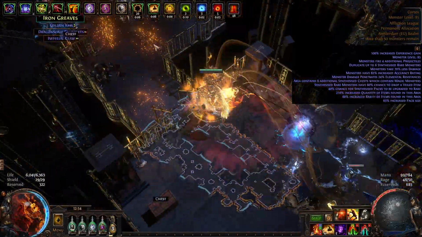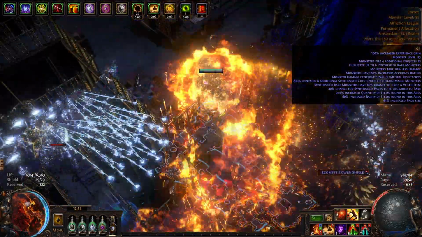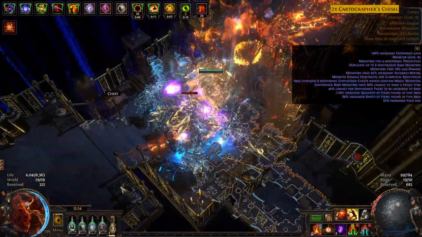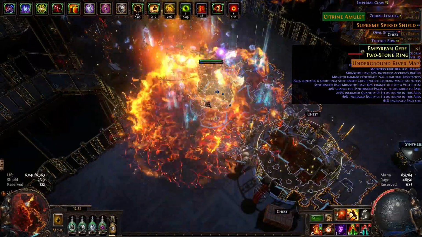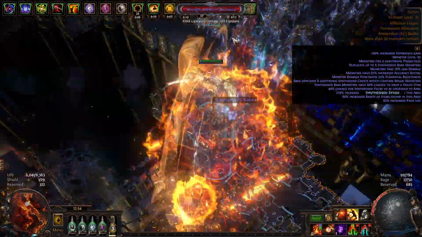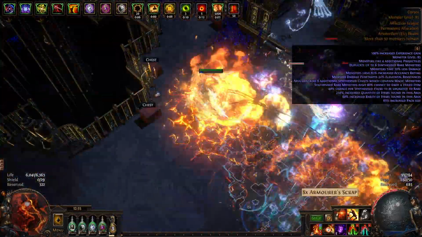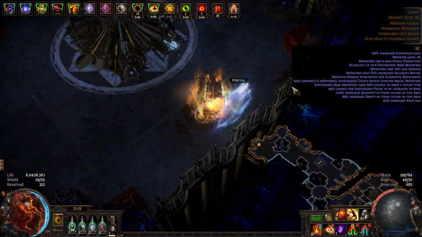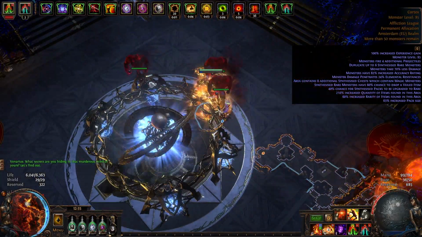I don't know if people usually even clear this map or if they just rush to the boss room, but I like just unloading for a little bit. It gives you a chance to experience the modifiers on the map as well. Okay. What secrets are you hiding in that murderous...